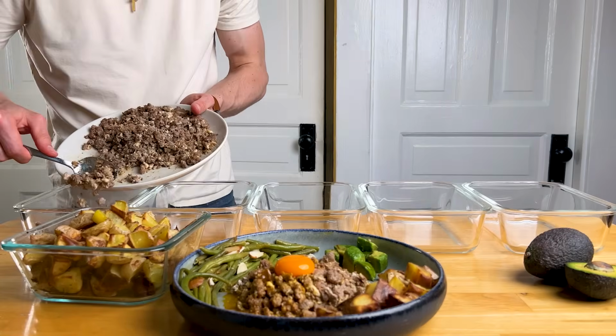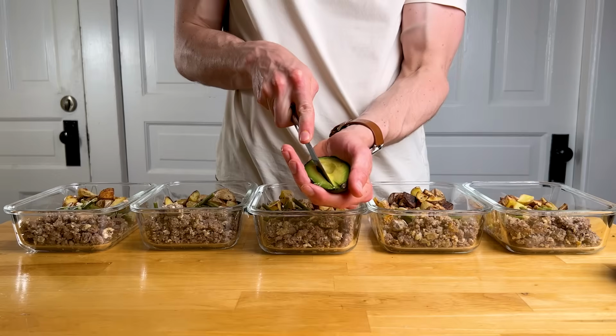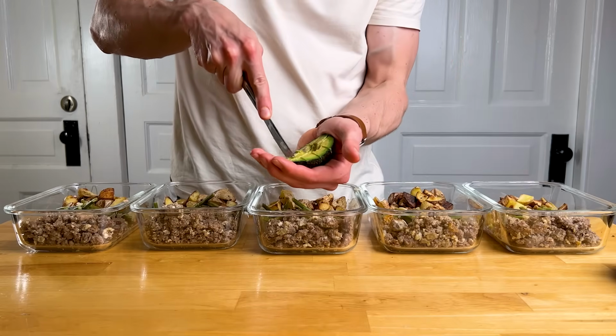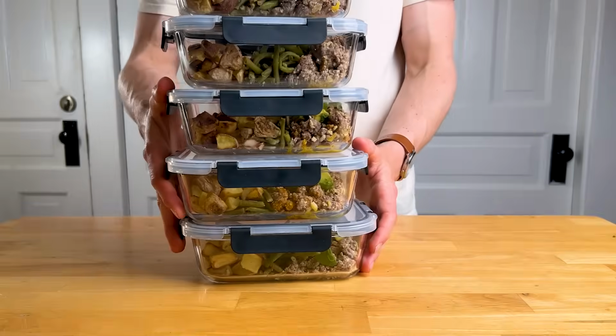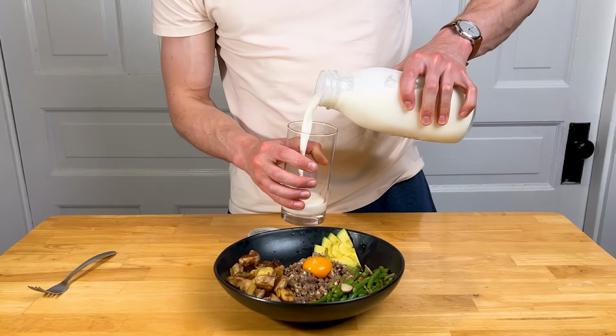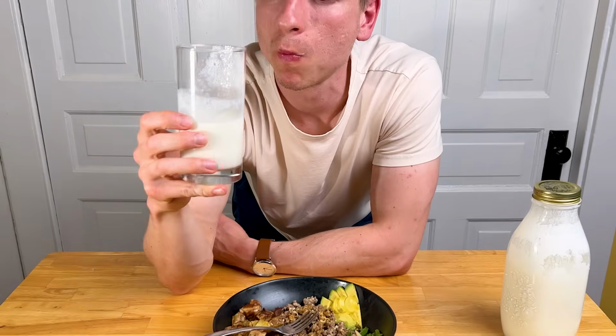That's 1 beautiful plate for now and 5 lunches for the week. Can't forget the avocado, of course. Adds potassium, vitamin K, and fiber. I like to cube it in the skin and scoop out about half of one side for each meal. Serve with a cup or 240 milliliters of homemade kefir for calcium, vitamin K2, and a probiotic boost. That makes for a complete and balanced